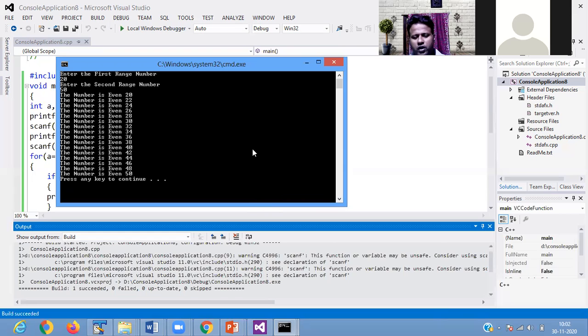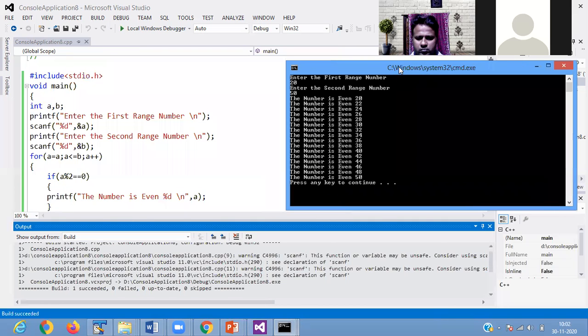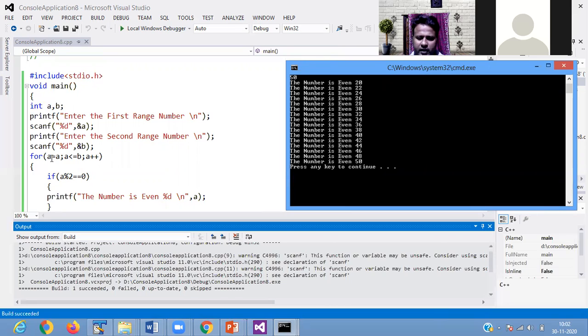So it is showing you all the even numbers from 20 to 50. So we're taking the numbers 20 and 50. So a is equals to 20. In a we have stored the value 20. So 20 is less than equals to b, like a is less than equals to 50. If it is true,